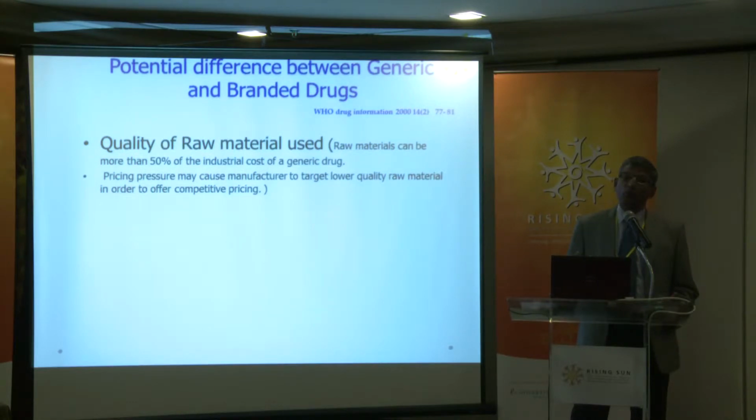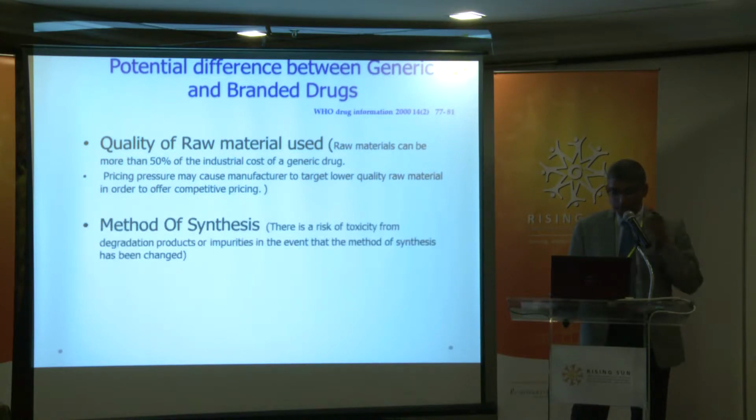One has to look at the quality of the raw material that is used to make these drugs. The raw materials can be more than 50% of the industrial cost of a generic drug, and the pricing pressures may cause the manufacturer to target lower quality, and these aspects have to be taken care of, as that can produce an inferior generic drug. The method of synthesis of the drug is also important. There is a risk of toxicity if degradation products or impurities are there in the generics. And this is an important aspect of